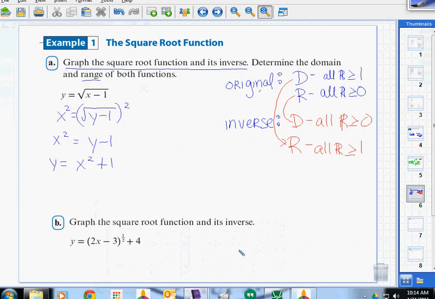All right, so we've got example A done. Now, what are you going to do when you have to do these on your homework? You are going to graph them, and you're going to take a screenshot, and you're going to show me. Right? You know how to do a screenshot? Yep. So that's easy, right? Yeah, you guys probably know how to do screenshots better than your parents and grandparents for sure. All right, so the